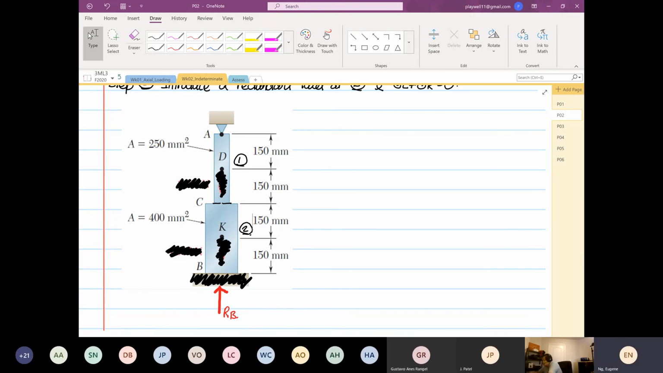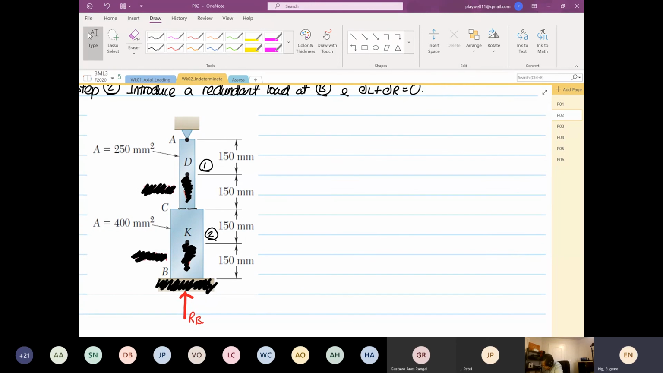The redundant load will be inducing what load on our system? Is it a tensile loading or compression loading? Anyone? Compression. Yep. So you're absolutely right. So the redundant load is going to induce a compression load, right? So when that's the case, you can directly put this down already. So delta R